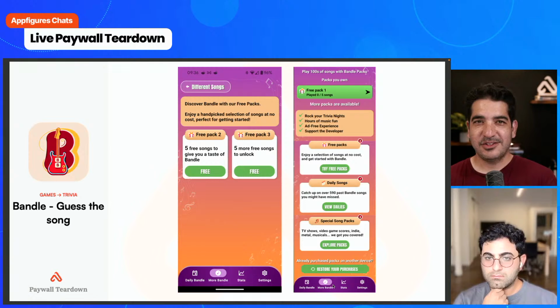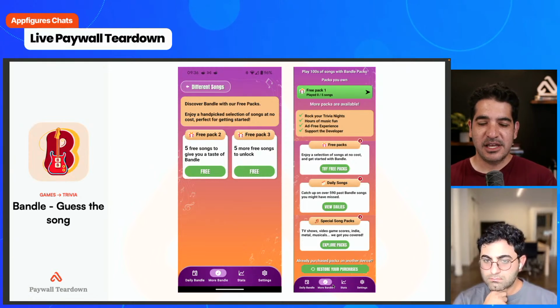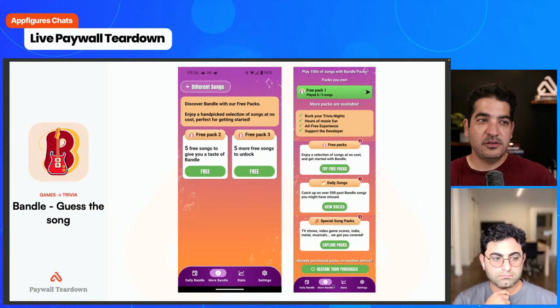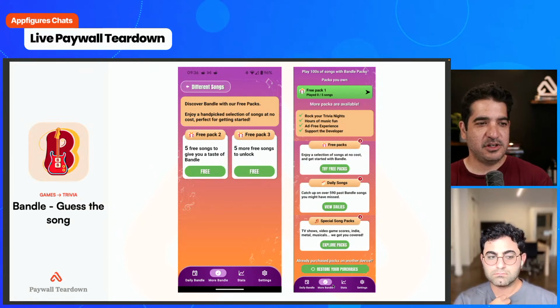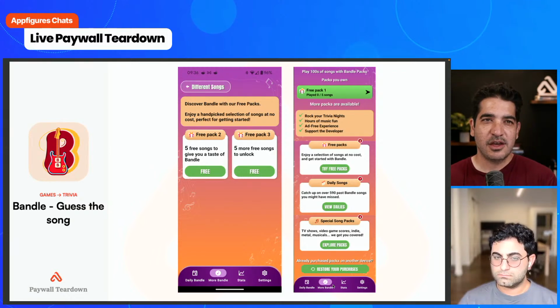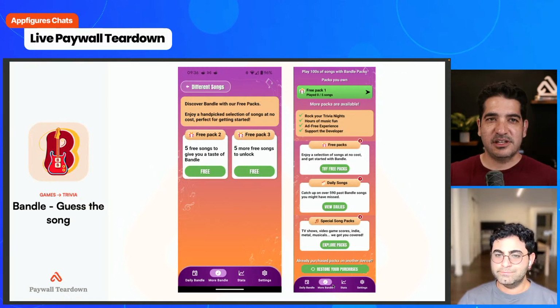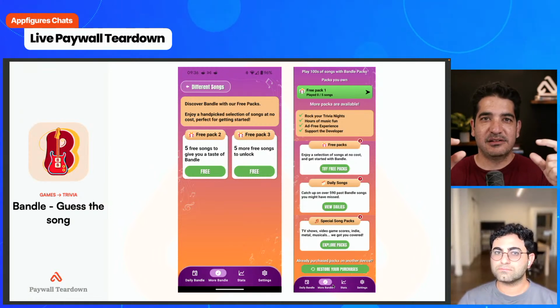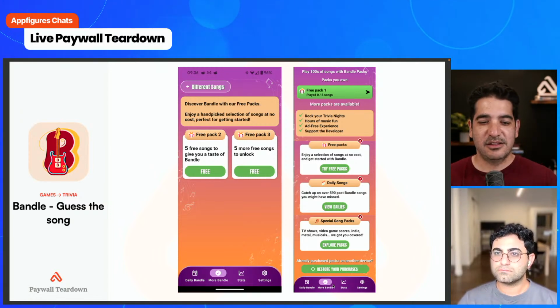I don't really know what's the right way to solve this. But if I had to try one experiment, and I don't know how easy this would be with Superwall, so tell me, but if I have a whole bunch of options that the user might want to buy, the user would have to buy one at a time. I have song packs. This is 93 popular songs released between 1990 and 2000, 91 songs released between 2000 and 2010. If I had a list of all the options and I could select the one I want, and then there's only one buy this button, like buy now or get it. Yeah, you could do that.